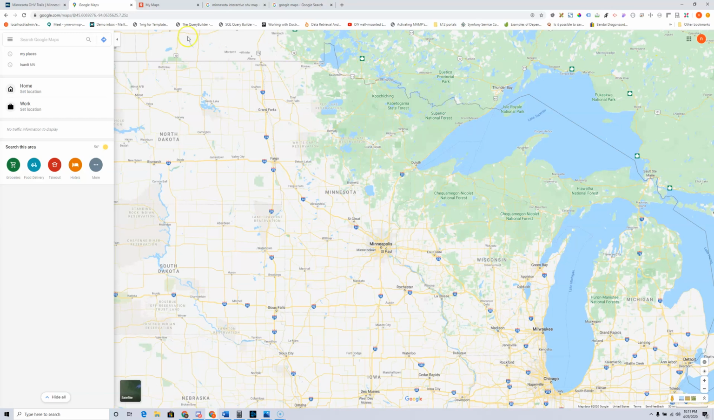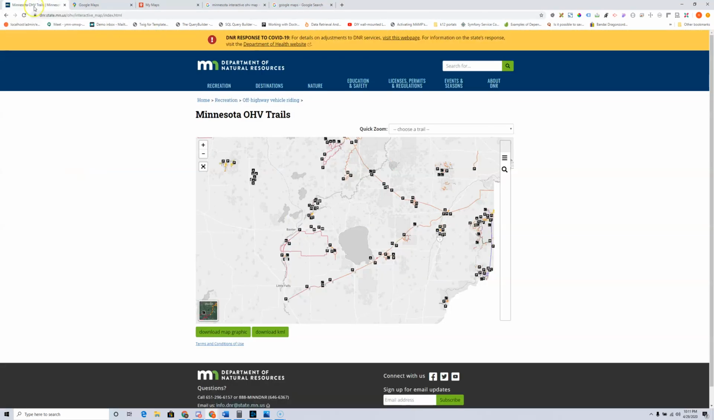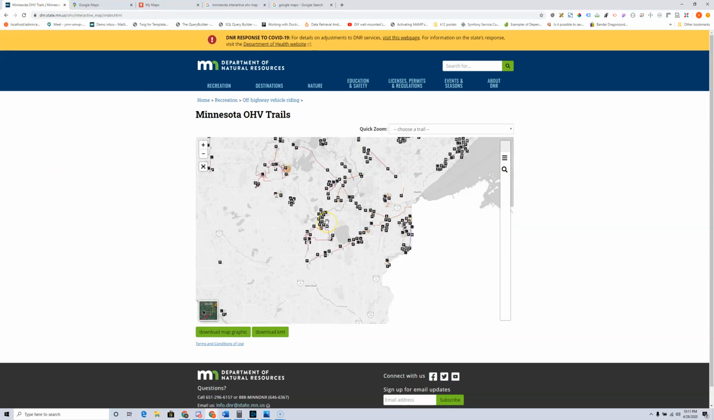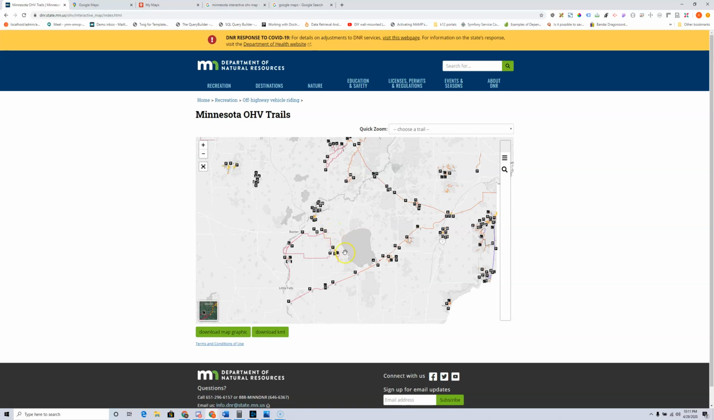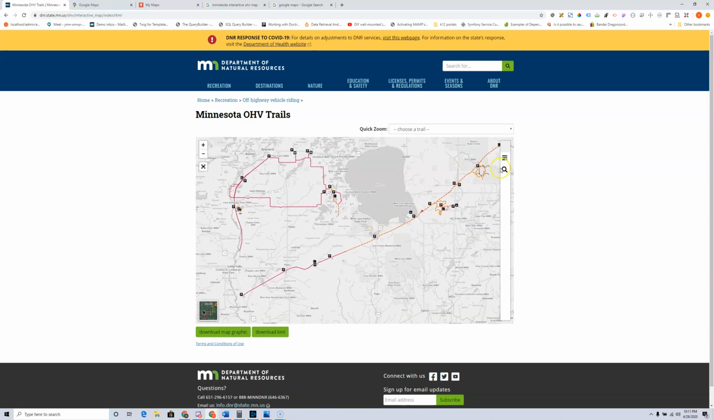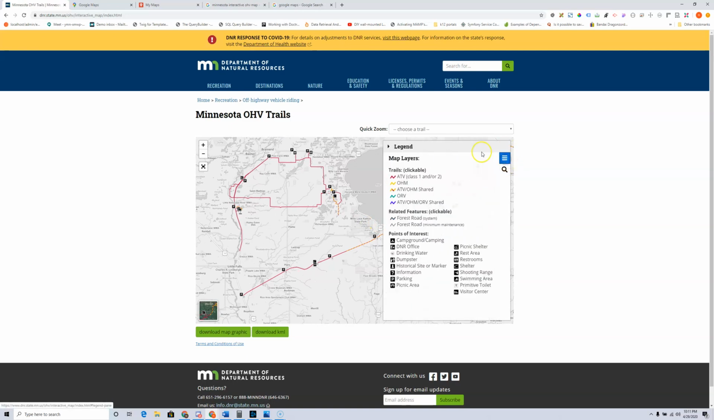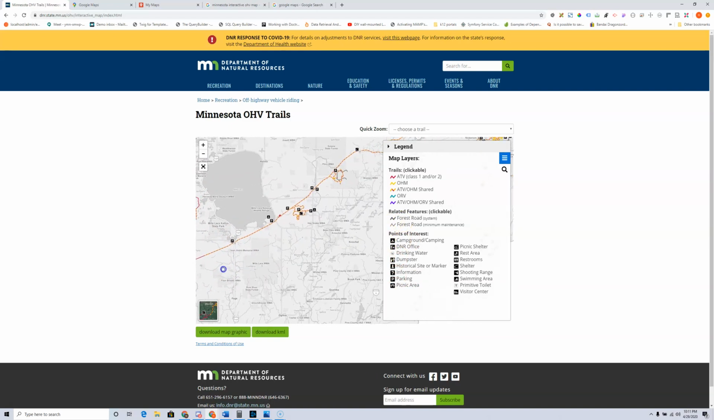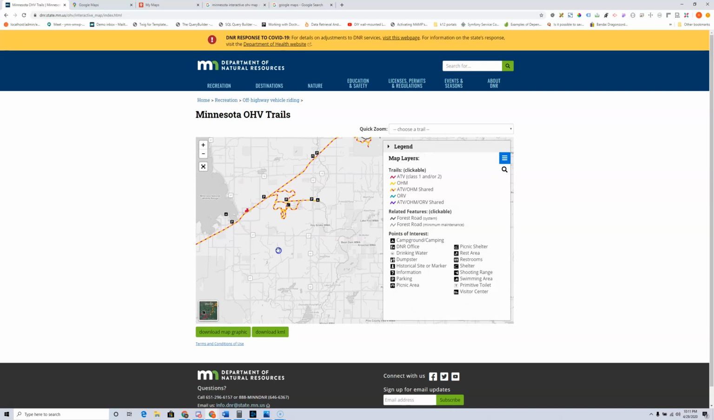Now we're going to head back over to the Minnesota OHV trail map. So this map is provided by the Minnesota DNR, and it's got a lot of information in it just based right here on the website, and I use it quite a bit planning trips. You can expand out a legend. It tells you what everything is. They got markers. It actually is really good. If you zoom in on it, if you guys have never used this,